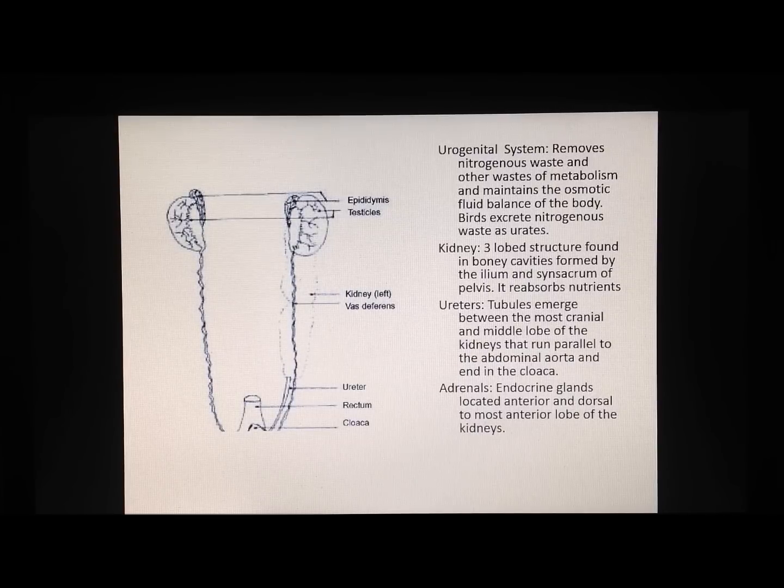Adrenals are also located in the urogenital system. They are endocrine glands located anterior and dorsal